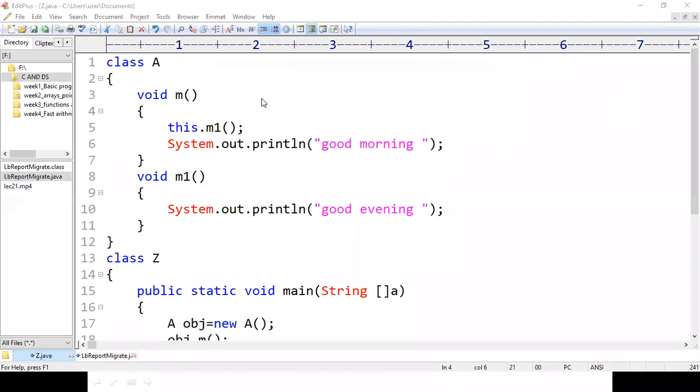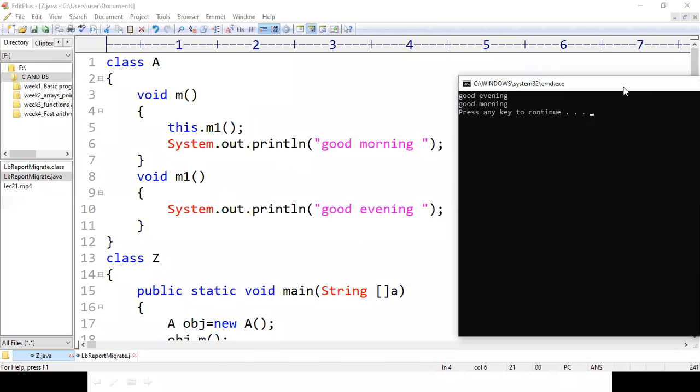Now run the code. If you observe, the first output of the program is good evening, and then it has printed good morning.